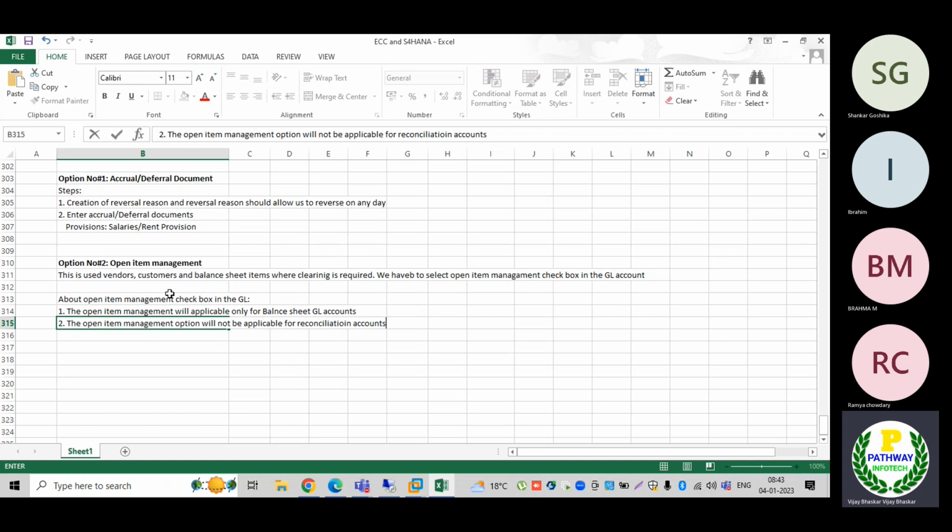So what is meant by reconciliation accounts at the moment? No need, if I explain also, you will get confused. Once we get into accounts payable and accounts receivable, I will give the detailed explanation. Then the next one is that the open item management option will be